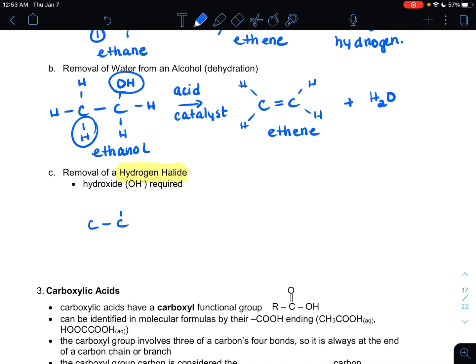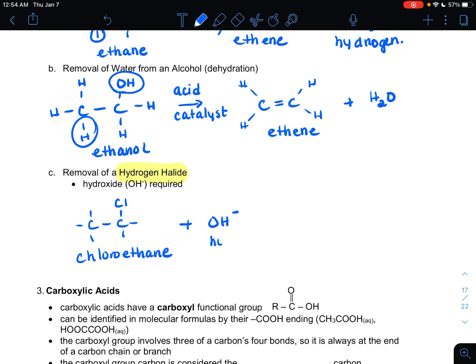So here is basically chloroethane. Now, this one, instead of a catalyst, remember a catalyst doesn't get used up in the process, it speeds up the reaction, this one actually needs another